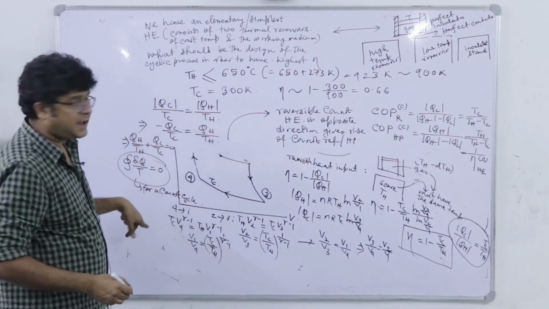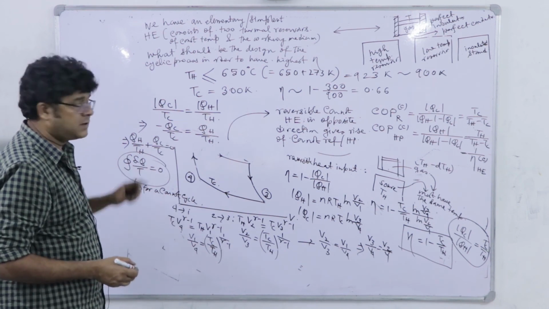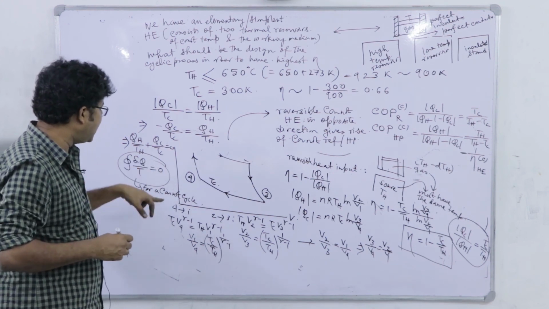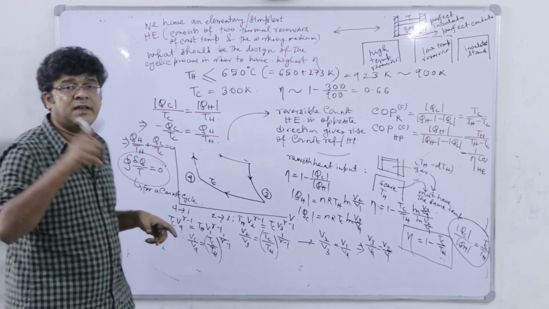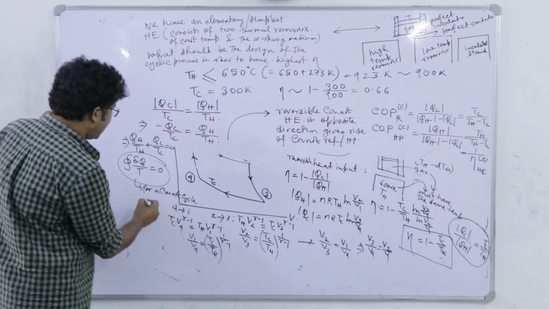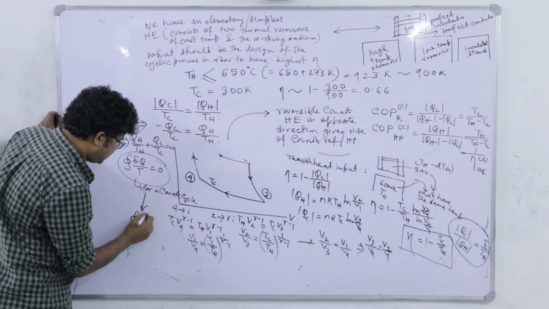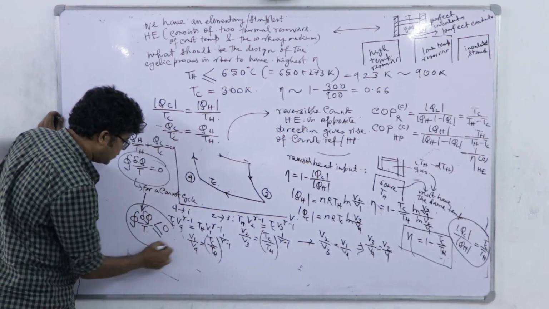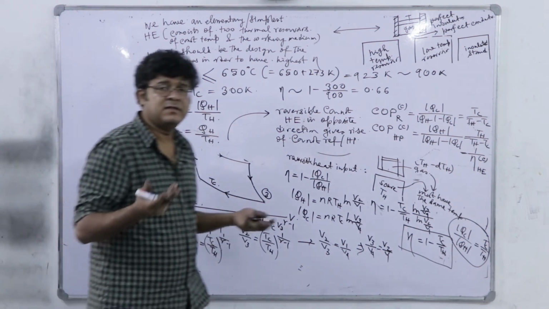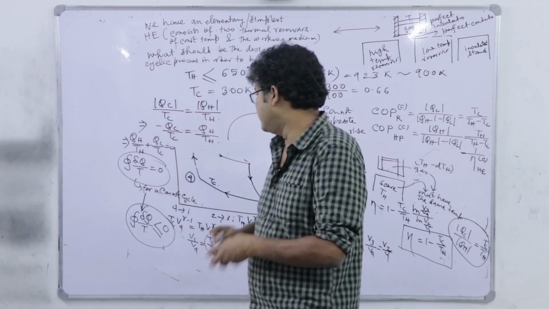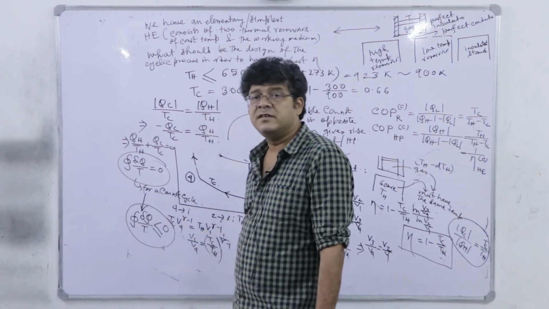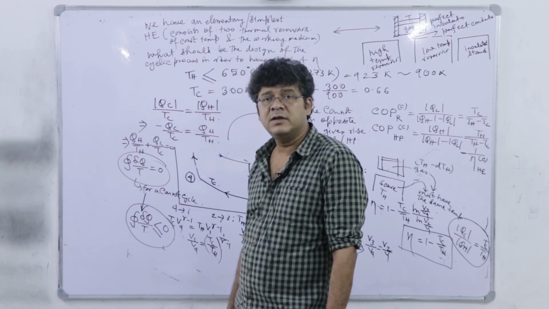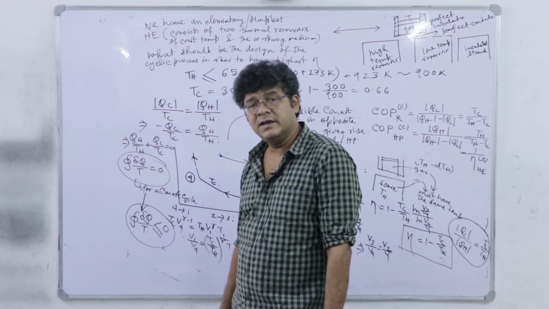In the next session, first we are going to prove that this equality will hold for all reversible cycles. This will no longer be an equality if it is an irreversible cycle. Combined, we can establish that the cyclic integral of del Q divided by T is less than or equal to 0 universally, no matter whether it is reversible or irreversible. If it is reversible, it will be equal to 0. If it is irreversible, it will be less than 0, and that statement we call the Clausius inequality, which we are going to establish and discuss in the next session. Thank you.